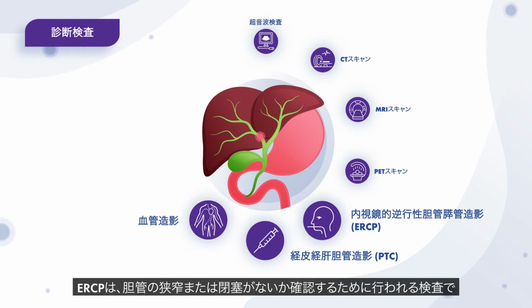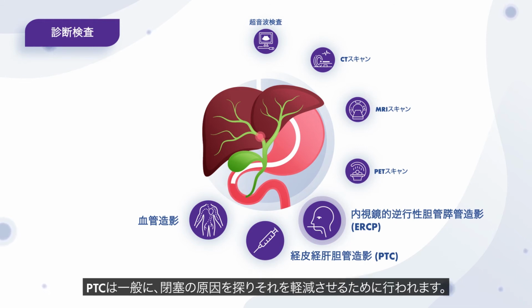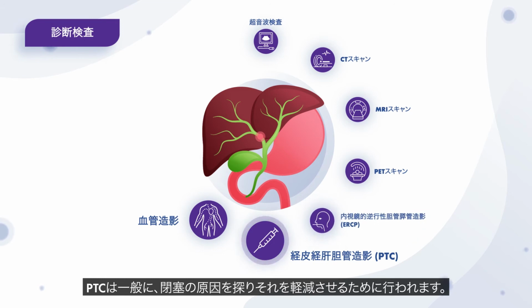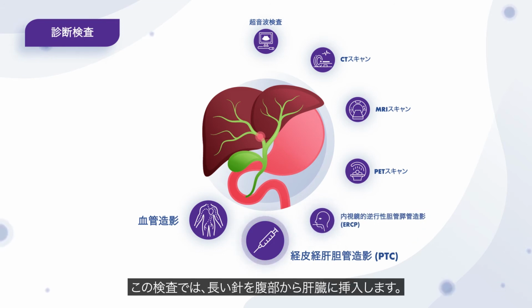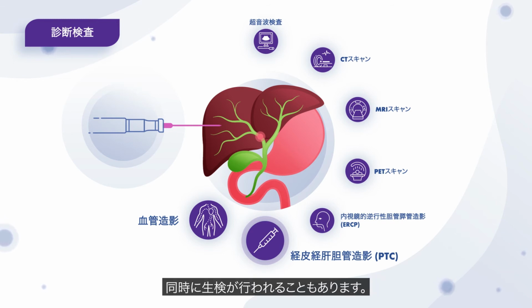ERCP is used to see any narrowing or blockages in the bile ducts and involves having a long tube with a camera passed down the throat to the small intestine and common bile duct. PTC tends to be used to find the cause of the blockage and to alleviate it. This involves insertion of a long needle into the liver from the abdomen. Both these tests utilize an injected dye to improve imaging, and small tissue samples or biopsies may be taken at